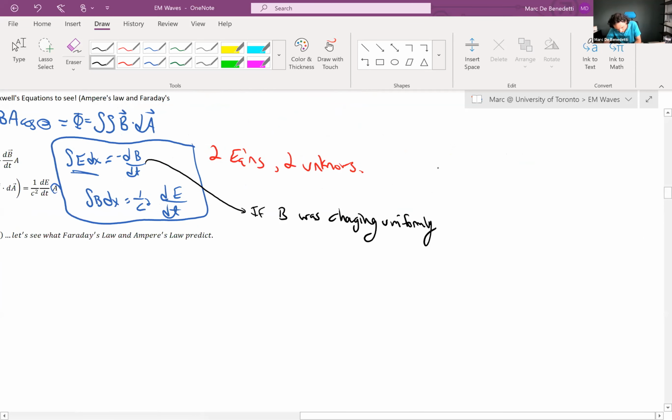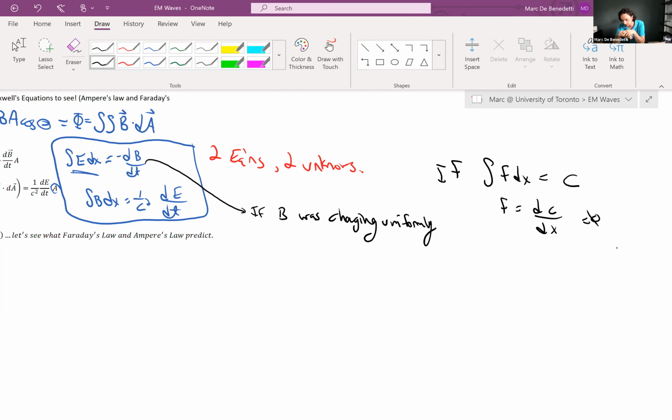And if the integral of something is constant, then that means that thing itself is zero, right? Because you can say if the integral of f dx is equal to a constant, then f equals the derivative of a constant, and the derivative of a constant is zero, right? So that's a notion that we borrow from calculus. So if you have a uniformly changing B field, you do not get an E field. Your E field is zero, and this is predicted by Faraday's law. However,